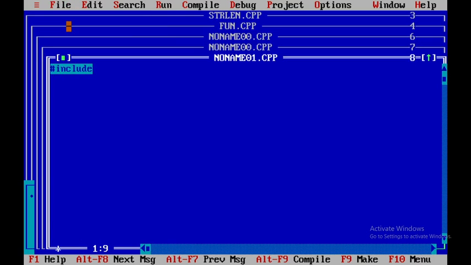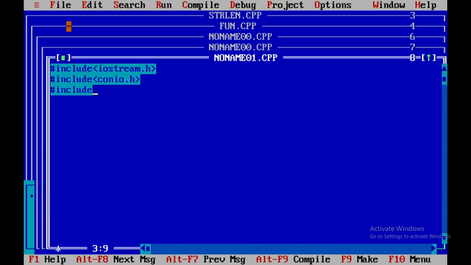Include iostream.h, and include conio.h, and next one is